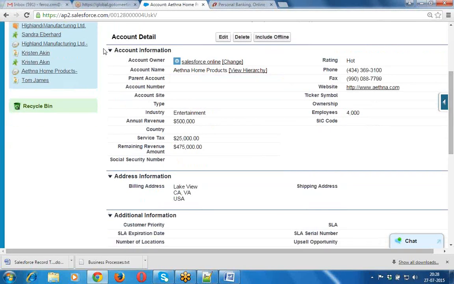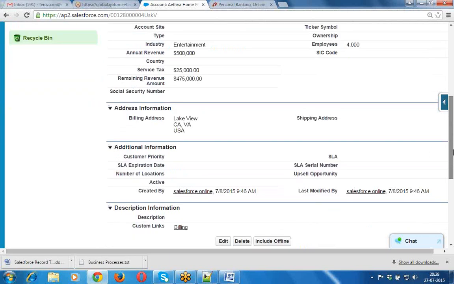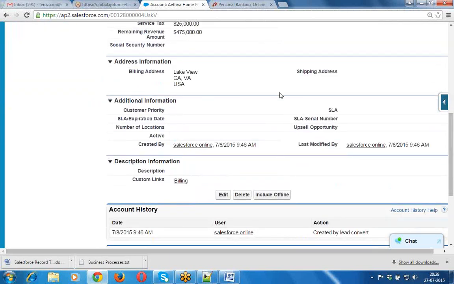You will have the account information section where so many fields are available, then the address information section with many fields, then the additional information section with some set of fields, and the description information section with some set of fields.